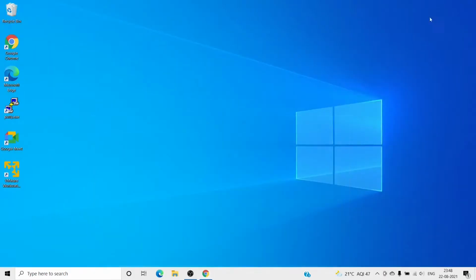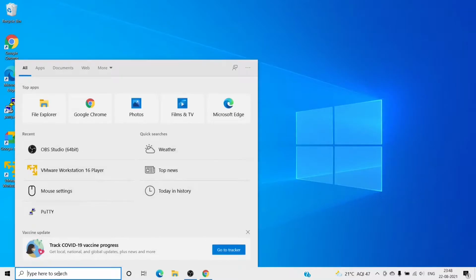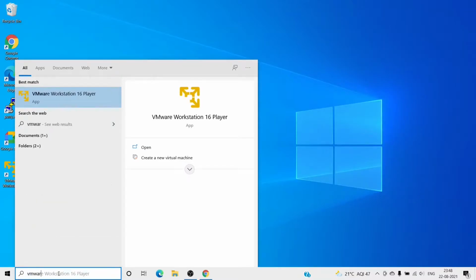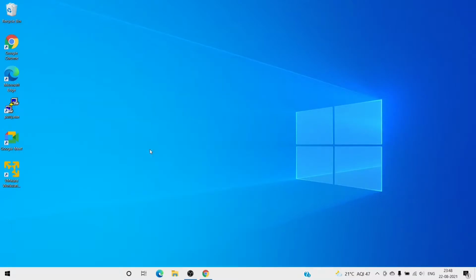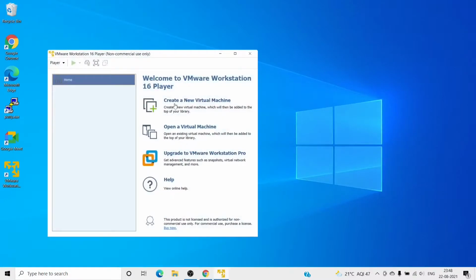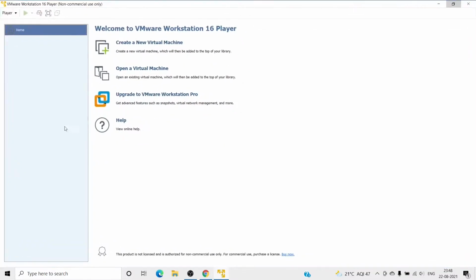Now open your VMware Workstation Player. Because I am using Windows, here in the search box you can write VMware Workstation, and in Linux also the interface is the same. So open the VMware Workstation Player. Now you can see there is a create a new virtual machine link. Click on this link,